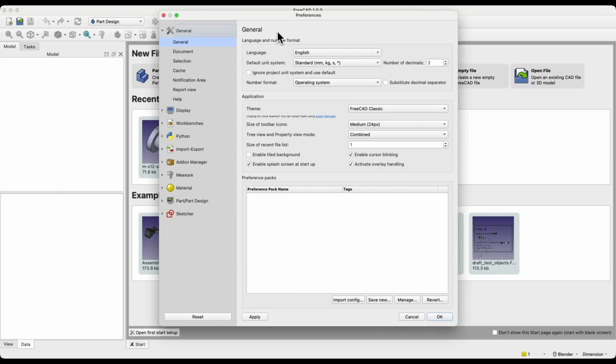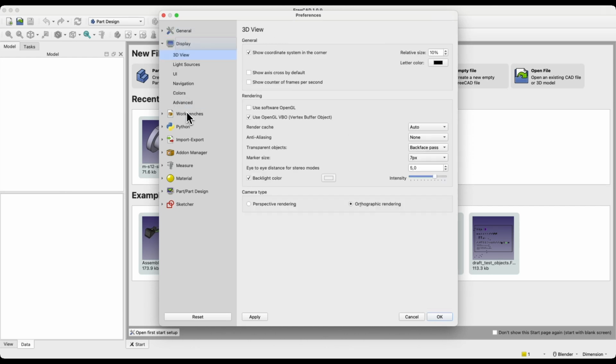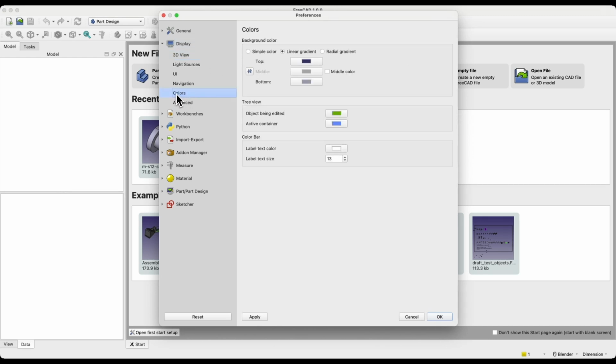Additionally, regarding the appearance of FreeCAD, we can also customize the appearance in the Display tab. Here we have a Colors tab and a Background Color section. I have a gradient selected here, but you can also set a solid background color and then specify a particular